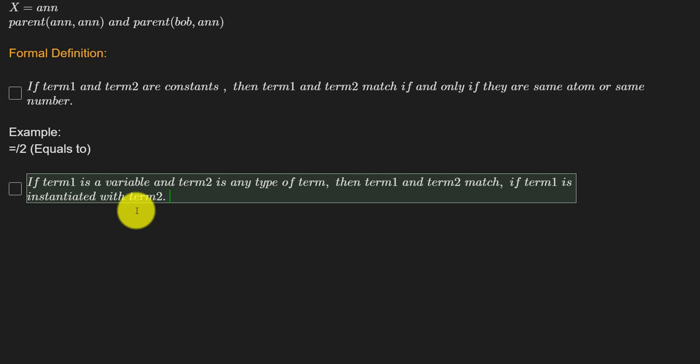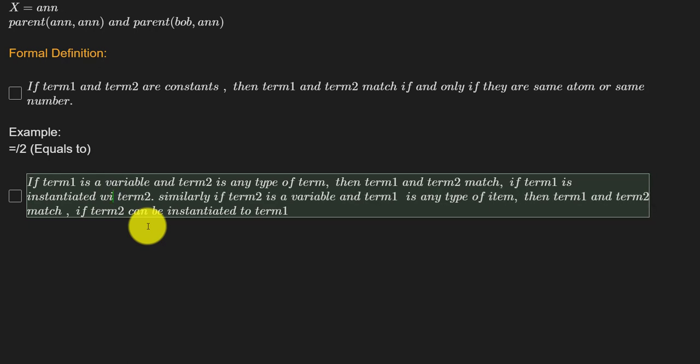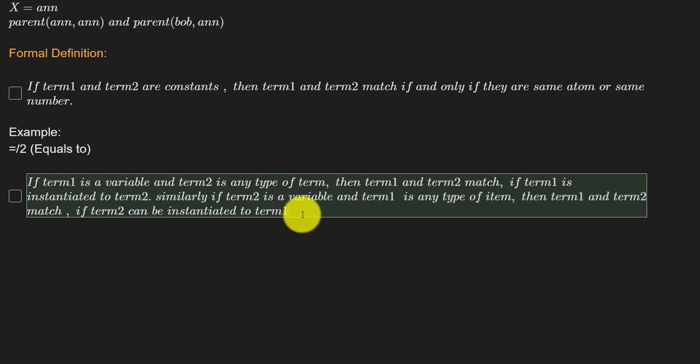Similarly, if term 2 is a variable and term 1 is any type of item, then term 1 and term 2 match if we can instantiate term 2 with term 1. So term 1 and term 2 match if term 2 can be instantiated to term 1. Now if both are variables,